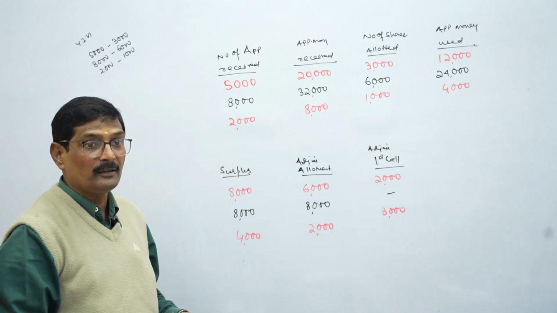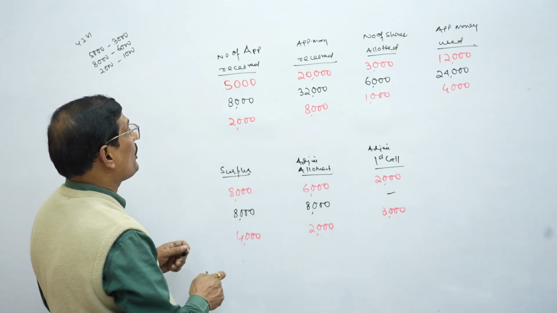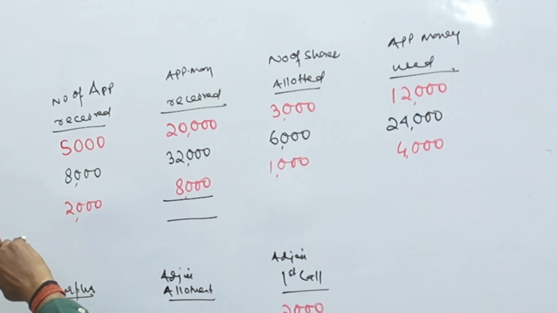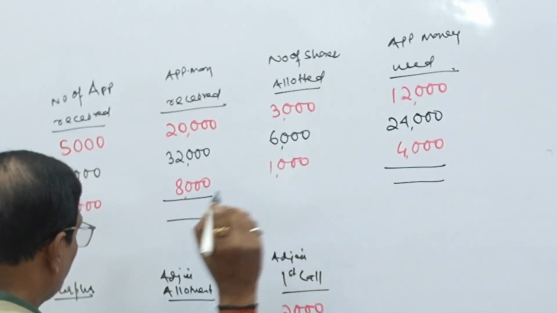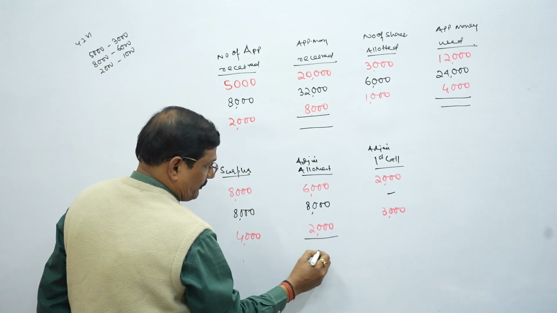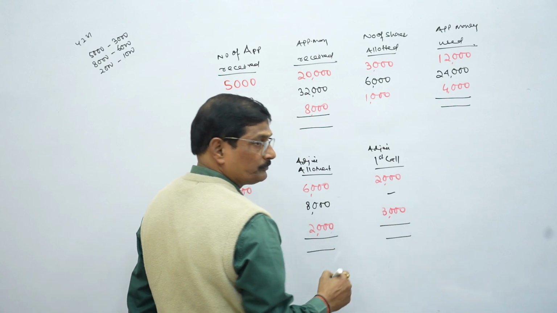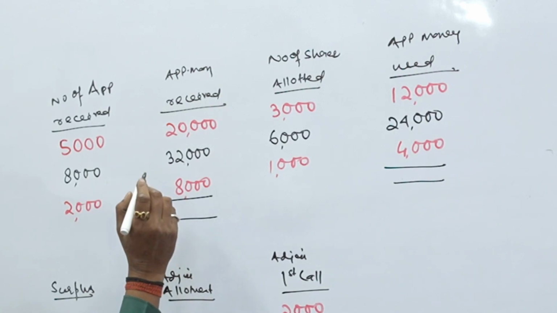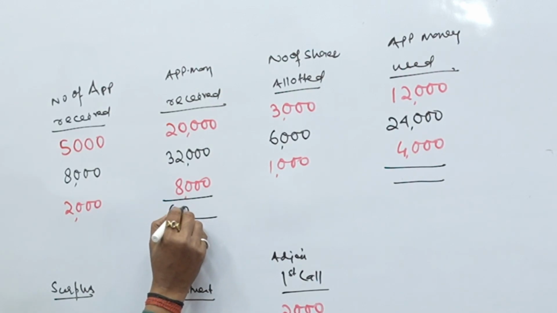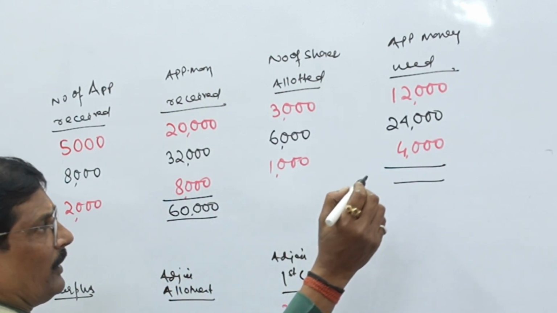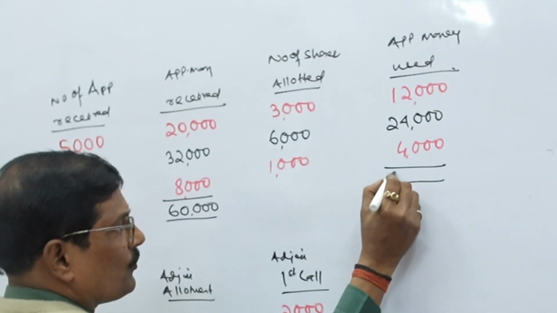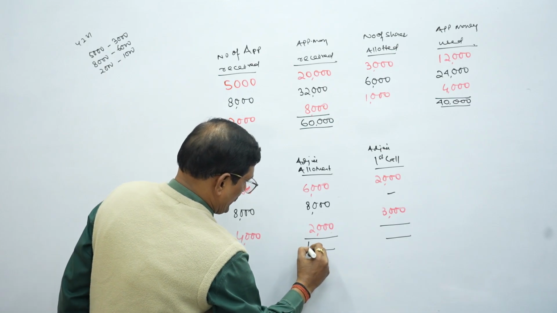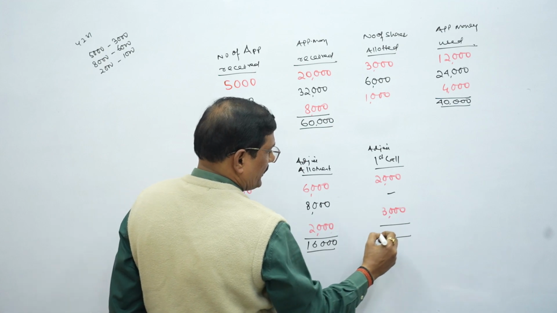It will be easier. Now find out the amount received, application money received, application money used, adjusted in allotment and adjusted in call. We can easily pass the journal entries. Now this will be how much? It will be 60,000. It will be 40,000. This one 16,000 and it is 5,000.